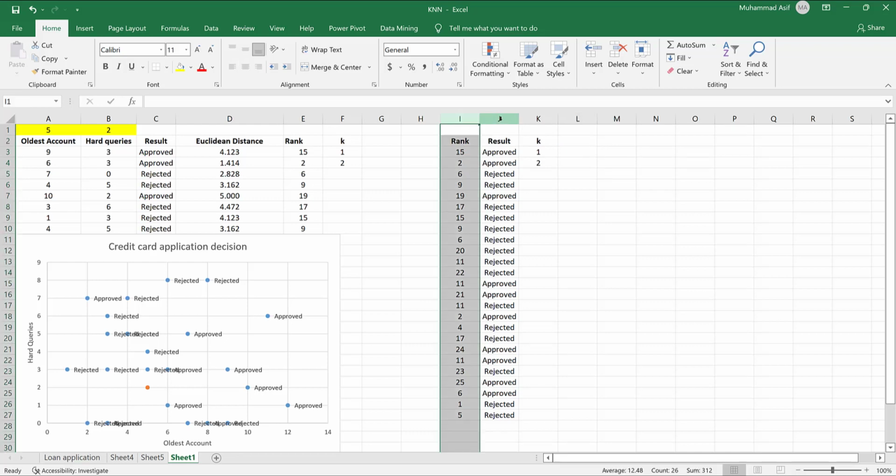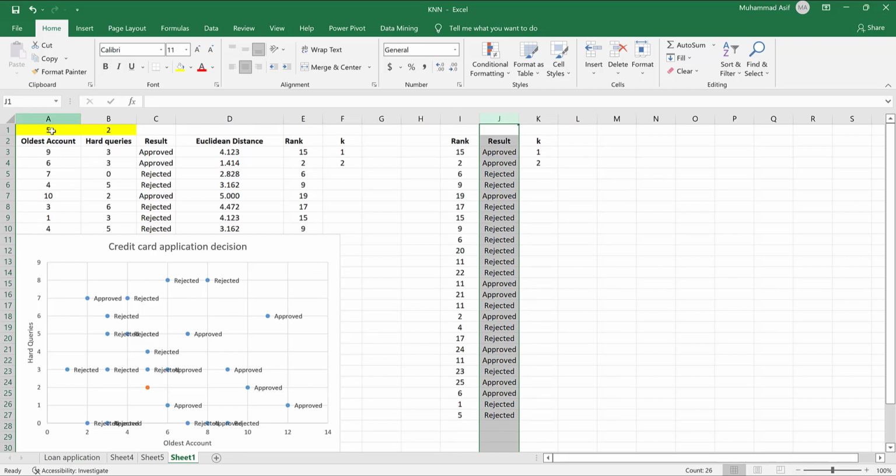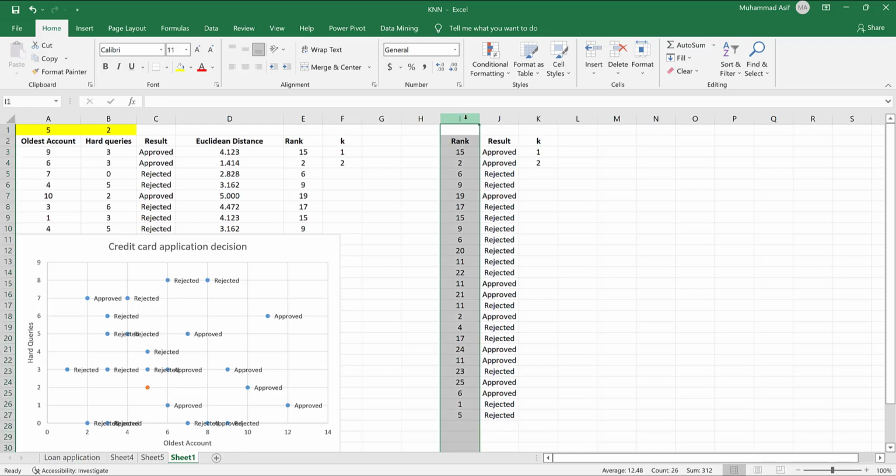I have trimmed unnecessary columns, especially the oldest count and hard queries, because I did not want the VLOOKUP function to compare these values 1 and 2 with the values in oldest count, because that's irrelevant in our case. We just want to match these values with the rank column and not anyone else. So therefore I'm using only this rank column,